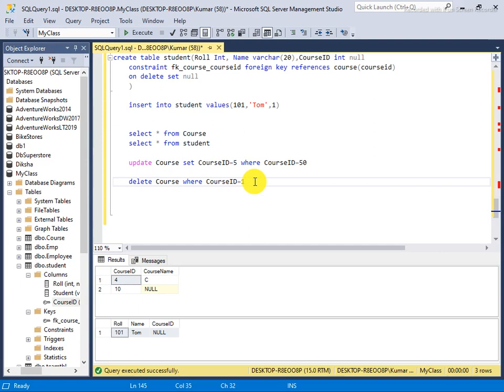I come here, and I have two more constraints, the check constraint and the default constraint. I will go through them one by one.